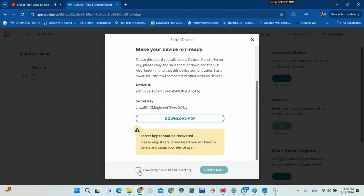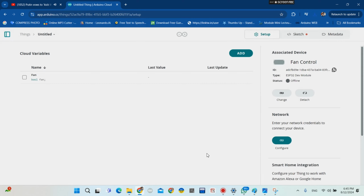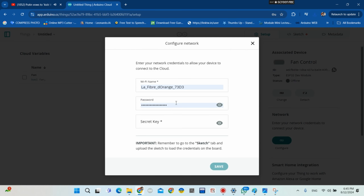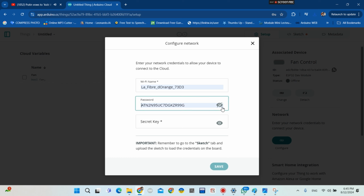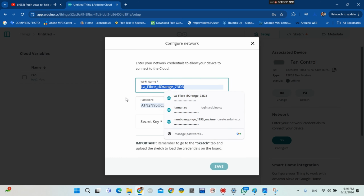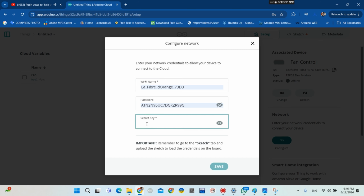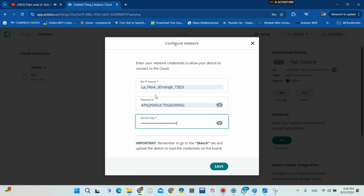Then you click okay here, you click here, and then you click continue, okay, done, okay, great. Now you set up your network. You put here the name of your Wi-Fi and the password of your Wi-Fi. Here you paste the secret key, okay. You paste it,